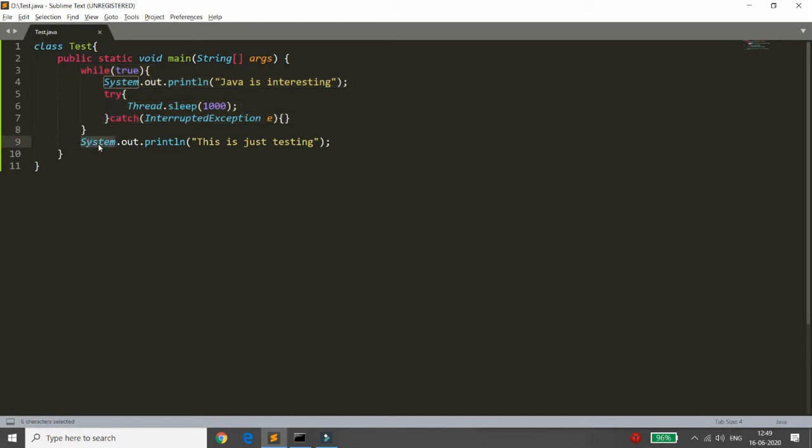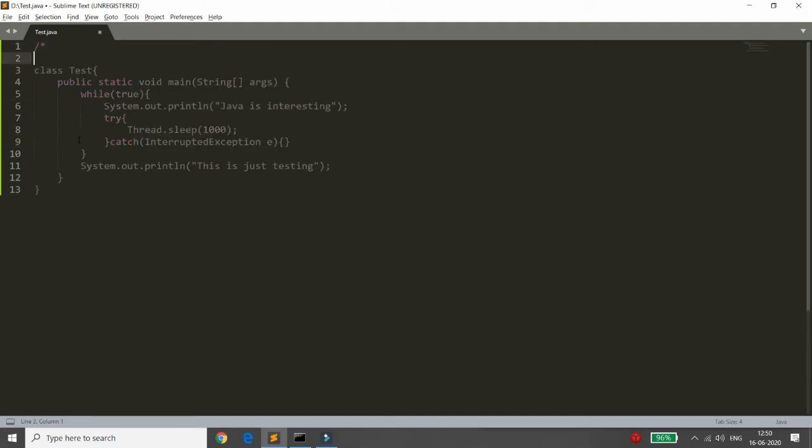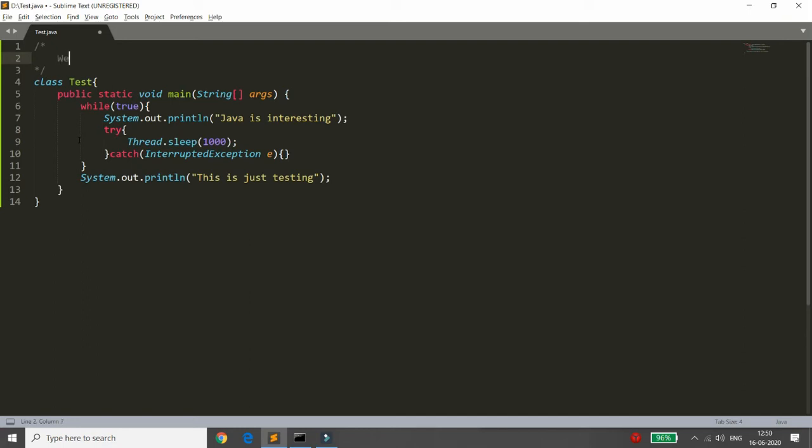So what I need to do, I need to create one more thread instead of the main thread, right? So this is the concept of multi-threading. I need to create one thread which should be busy in printing all these things. Or what we can do over here, you can call one more thread, or you can call it anonymously. So there are so many ways to create a thread. So let me mention over here, we can create threads in three different ways.